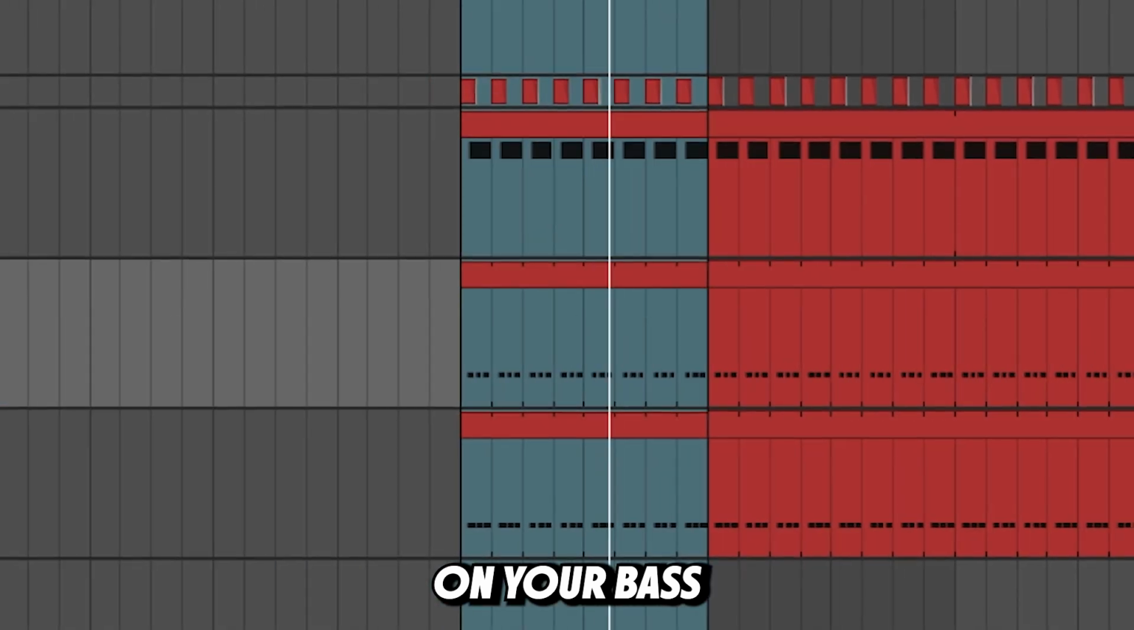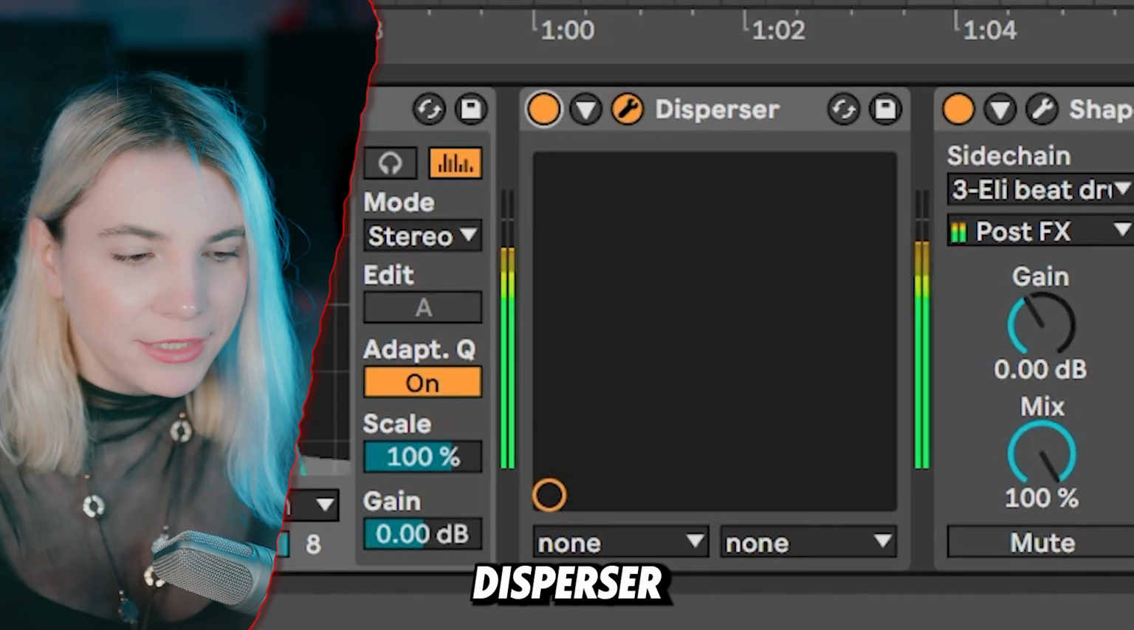If you need a bit thump on your bass, take something like disperser and this should give you a nice